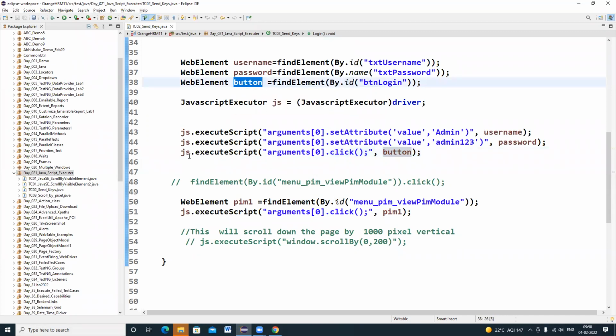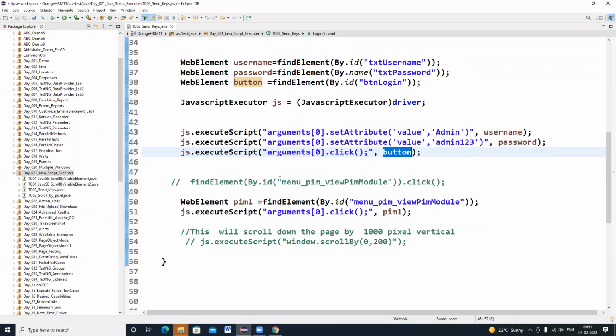We are using the object reference of JavaScript executor, and we say JS.executeScript of arguments[0].click, and we are using the object reference here. That's it.